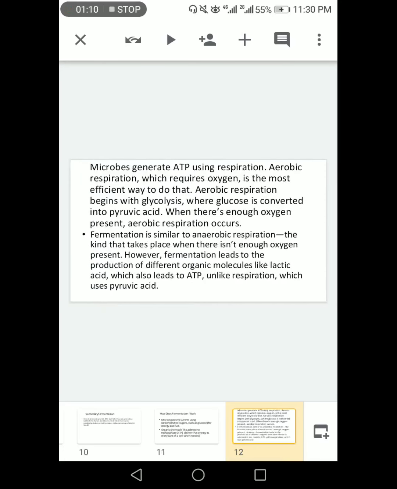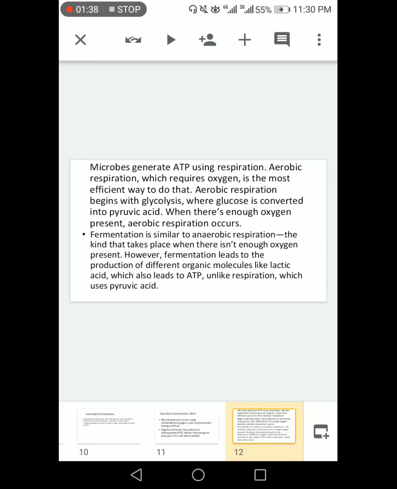Microbes generate ATP using respiration. Aerobic respiration, which requires oxygen, is the most efficient way to do that. Aerobic respiration begins with glycolysis, where glucose is converted into pyruvic acid. When there is enough oxygen present, aerobic respiration occurs. Fermentation is similar to anaerobic respiration,